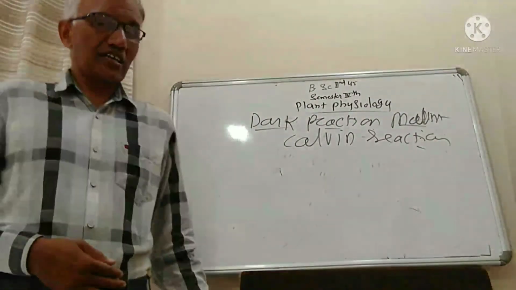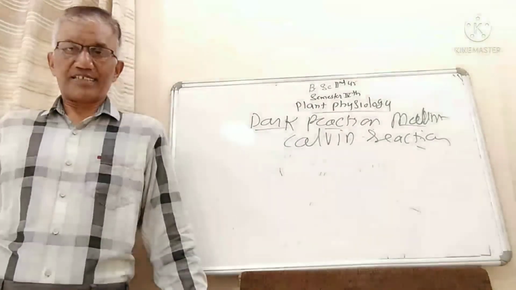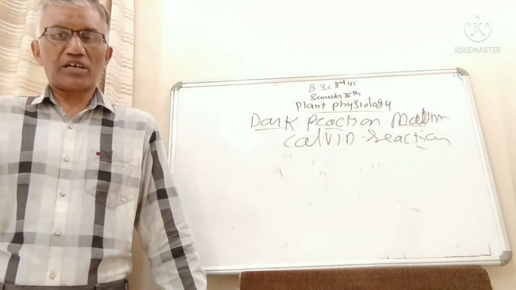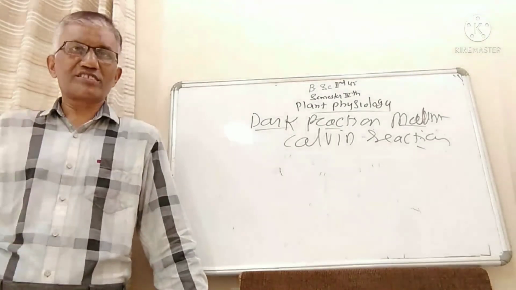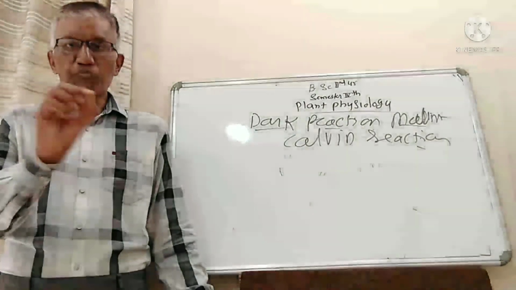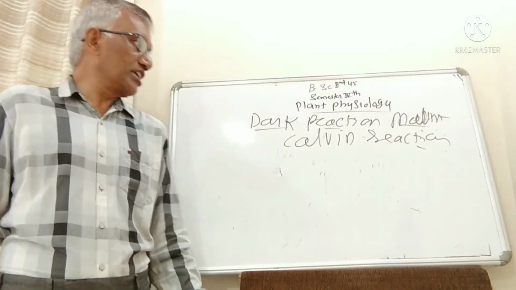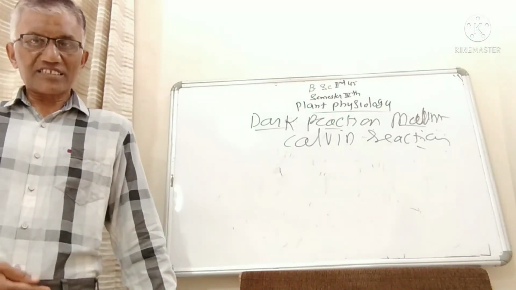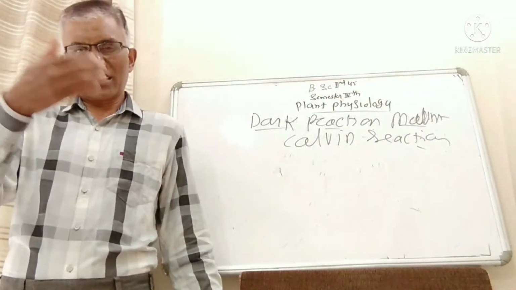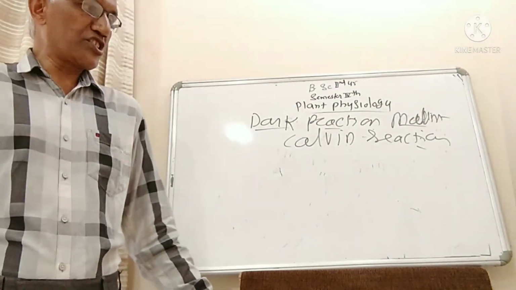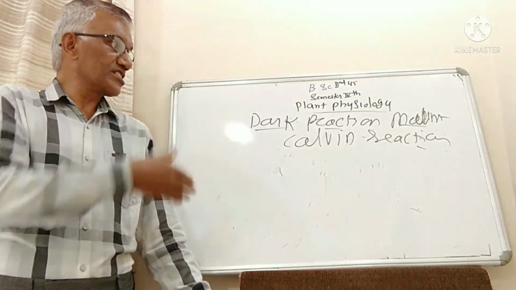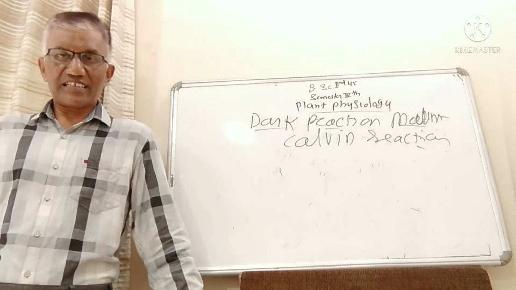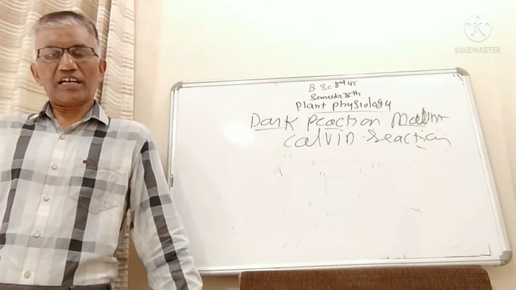If there is an MCQ question paper, or one-line questions with one-line answers, you have to write down the important points. After remembering all the important points, you will be able to give the correct answer when MCQs are asked. If there is a long question in an offline examination, there will be chances of questions carrying 10 marks or 20 marks on light reactions, dark reactions, the C3 pathway, C4 pathway, and CAM pathway.